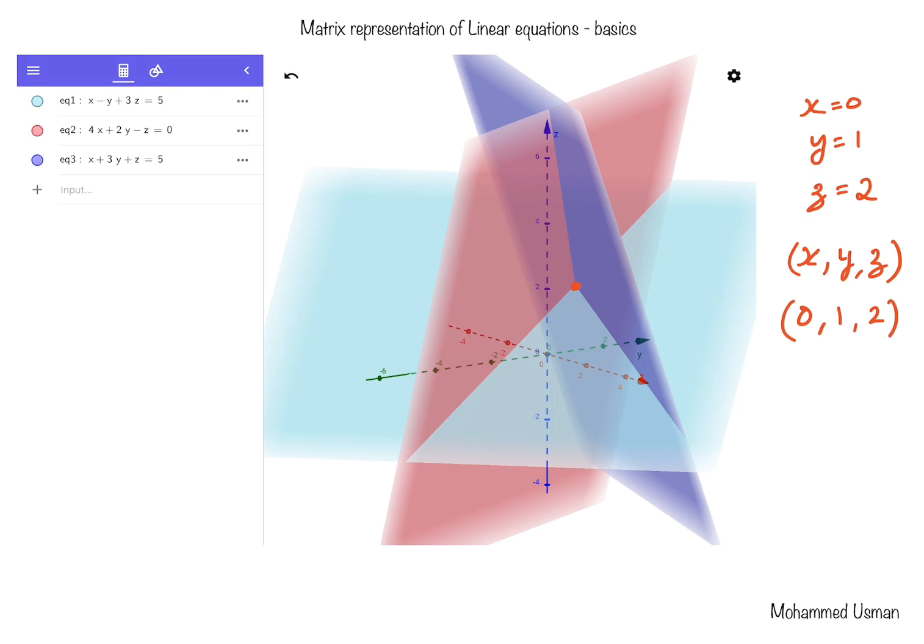And this point here, you can clearly see that on the z-axis it is lying at 2, so z equals 2. On the y-axis it is lying at 1, so y equals 1. But what is not very obvious here is the value of x being 0. That is not very obvious from this diagram, but I will show it in a separate diagram in the next slide. But the value of x is 0 because if you see this particular point, it is actually lying